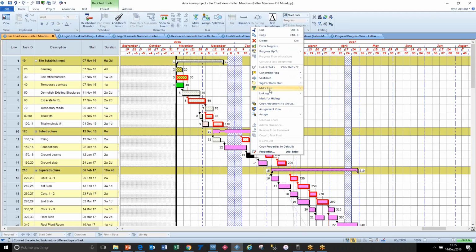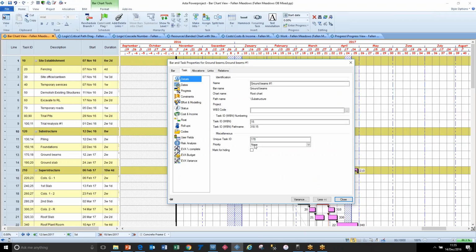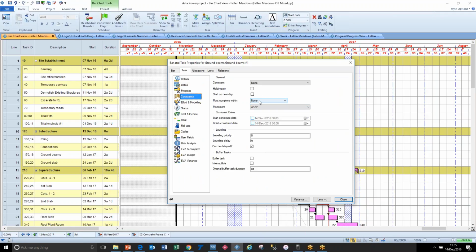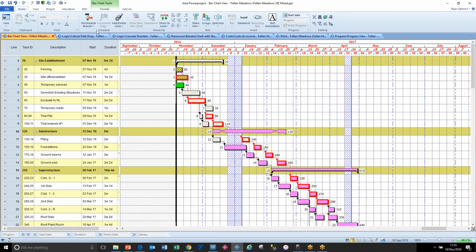There's a new restraint type that if we look at the properties of that task and constraints, called must complete within. And if we choose work pattern, that's a whole week. If we took shift, that's a day. If we took time period, that's whatever you've defined a day as, half a day as being, could be an hour or less. So it's quite sophisticated, and once that setting's made and we reschedule, it's going to make sure that task sits in a time period that it's going to be uninterrupted for the calendar that it's associated with. So again, a very useful tool that's just been introduced, a way of having robustness,